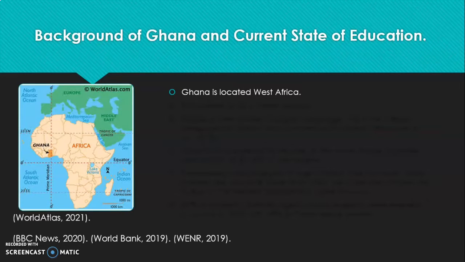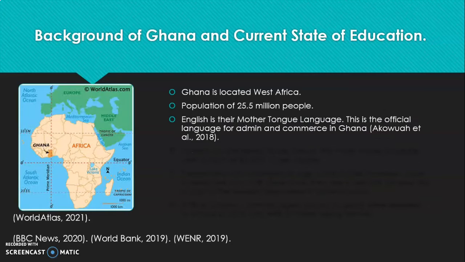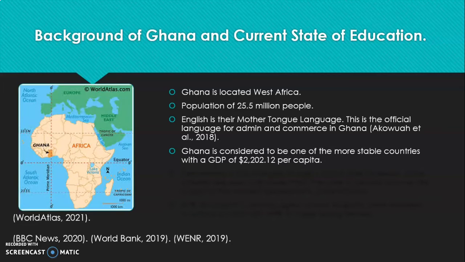The background of Ghana and their current state of education. Ghana is located in West Africa and has a population of 25.5 million people. In Ghana, they speak English and African languages, including Akan and Ewe. English is their mother tongue language, and this is the official language for admin and commerce in Ghana. Ghana is considered to be one of the most stable countries in West Africa, and according to the World Bank, Ghana's GDP per capita was